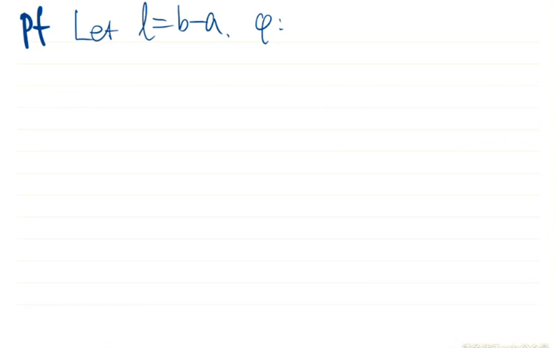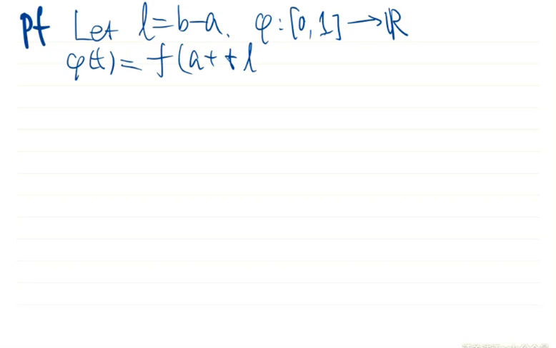So as before, let L be b minus a, and consider this function phi, which is well defined on the interval [0, 1]. Phi of t is f of a plus tL. Because L is b minus a, this is f of a plus t times (b minus a). Then, because f is differentiable,